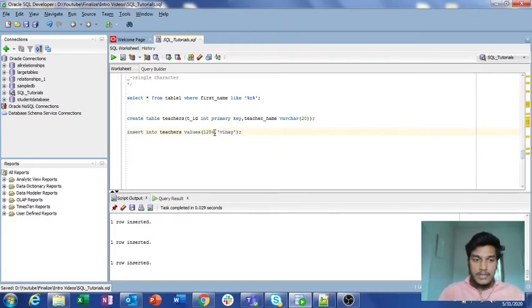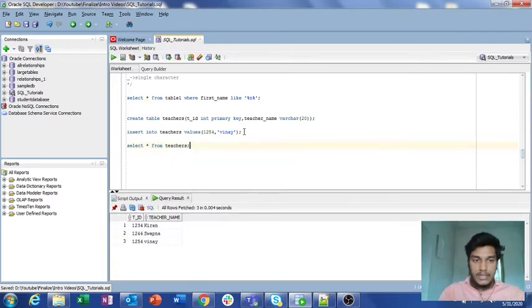I am running it. So in total we have 3 records for teachers. Select star from teachers. So we have 3 records, and the teacher ID is unique for the 3 teachers: 1234 for one, 1244 for another, and 1254 for the other. So we are done with the teachers table.